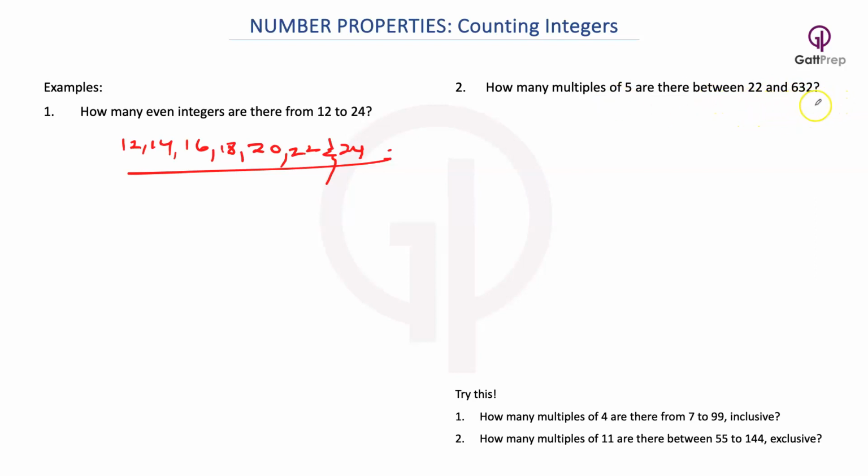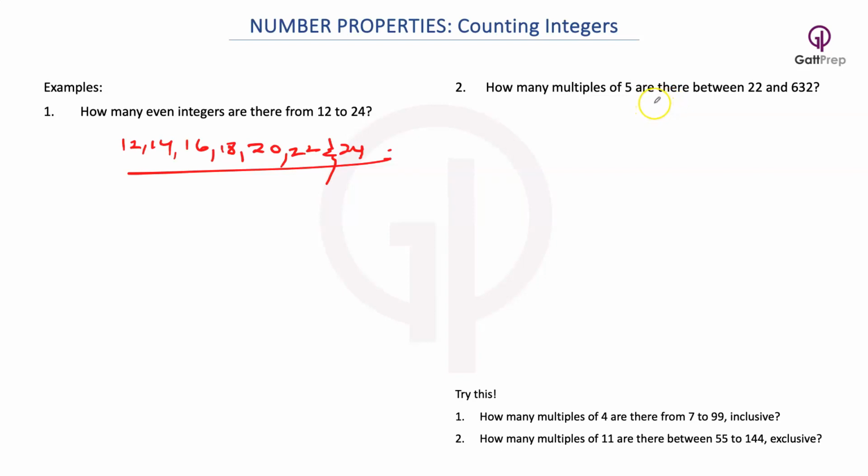Now, here you can tell that this is a very long consecutive pattern. Do you have to methodically count each term in this series? The answer is no. You just have to remember that if both extremes should be counted, you take the difference of the last and the first numbers, and then you divide by the increment and add 1